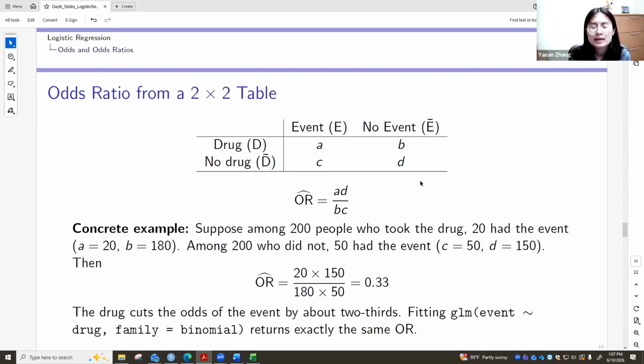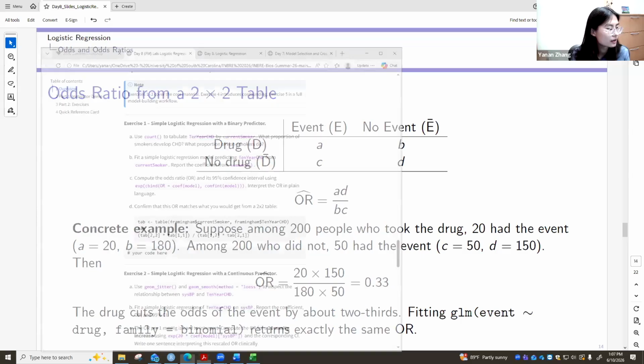But sometimes there are matched designs in clinical trials, and in that case, the independence assumption is not satisfied, and then we cannot use this formula. We have to use a different odds ratio calculation. All right. So from here, I think you can work on the exercise